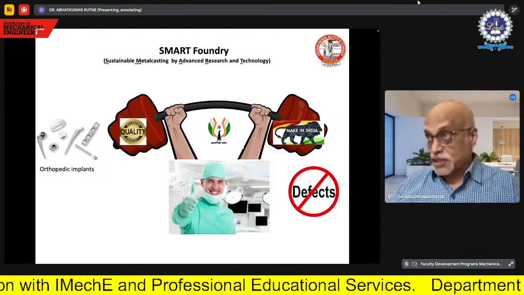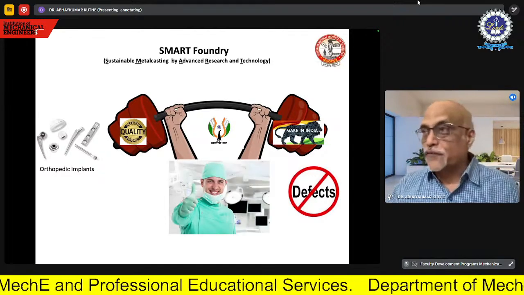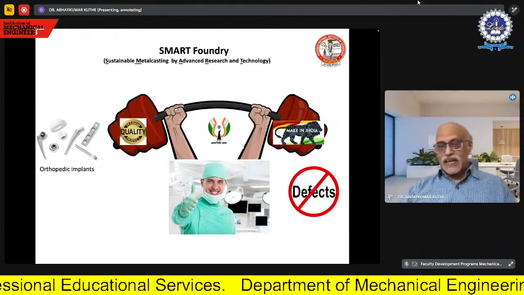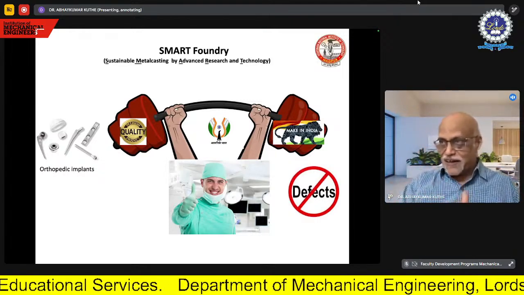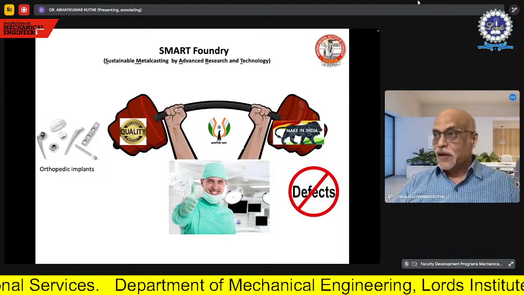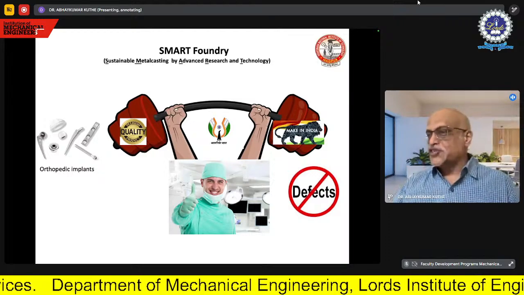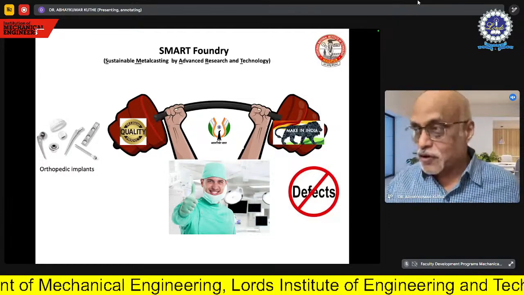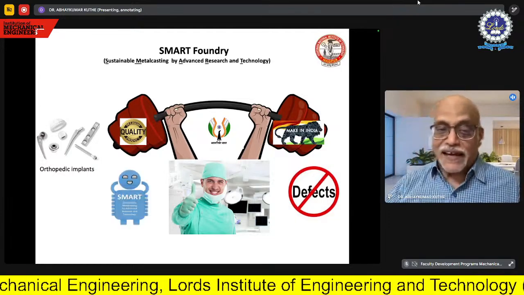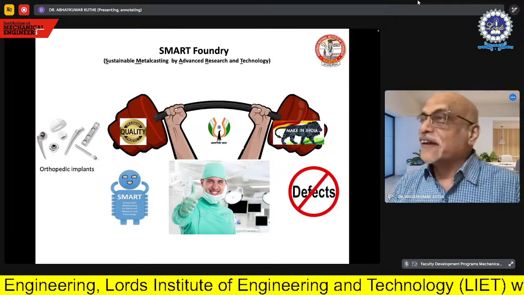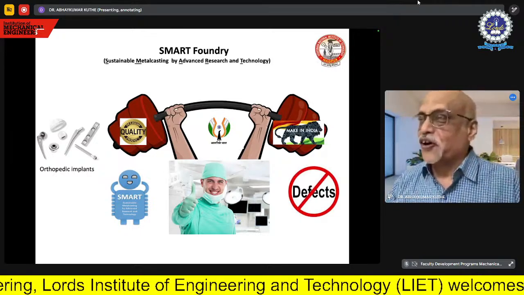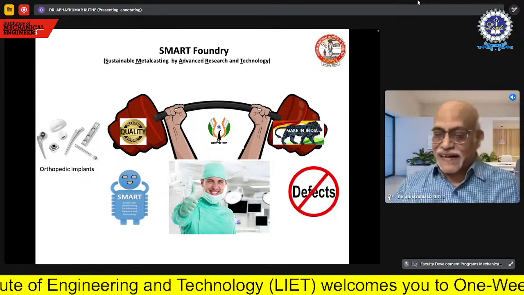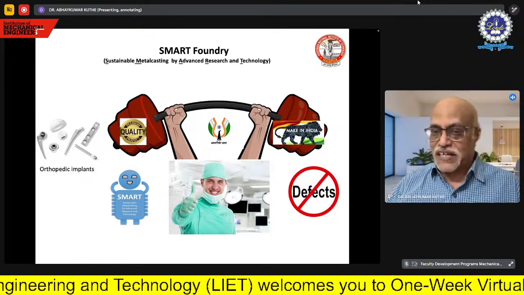Number two, the doctor should have full confidence in you. That means if you say that my implant is okay, as I showed you in the earlier figure, the doctor is confused. But then the doctor himself should say, no, the Indian product is better. I hope that particular confidence will have to develop, and that is what we are trying our best to do through the smart foundry or this particular smart approach. What is this smart, or rather how exactly will it be possible for us to get it done?